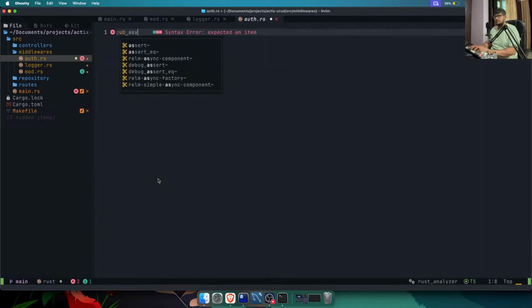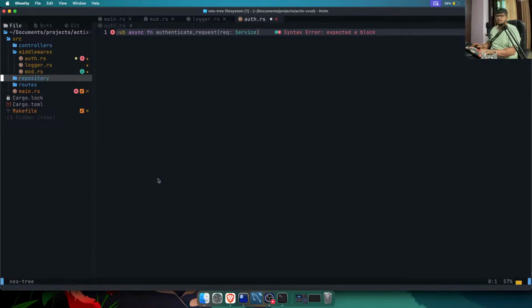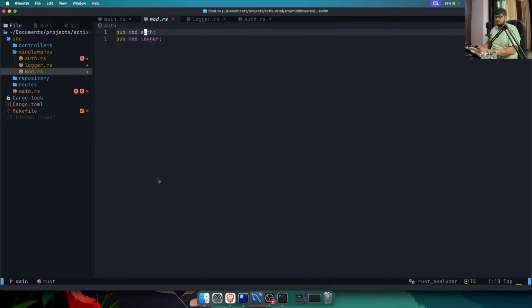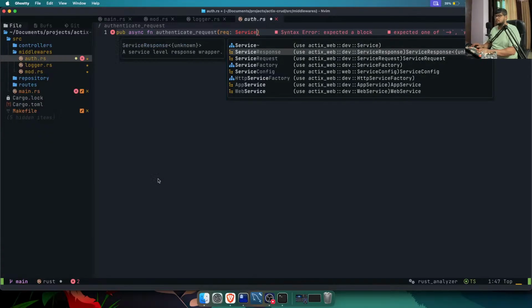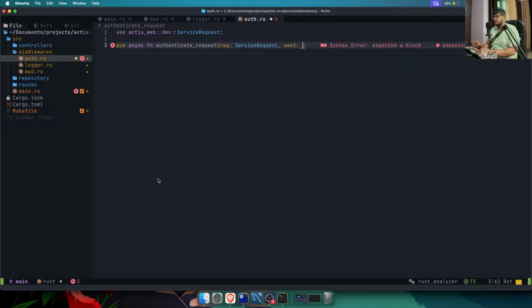I'll say public async function authenticate request. It will have a request, that is service. Again, first of all, I need to add this thing over here. Pub mod auth. Let me go here. I'll be getting service request, and next, that is named as SRV on the